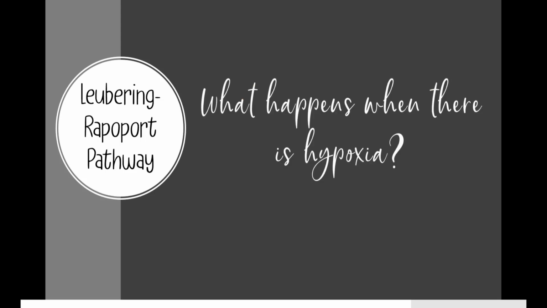Now, what happens when there is hypoxia? Hypoxia occurs when there is decreased oxygen tension in the tissues. The decreased oxygen in the tissue, of course, means that there is increased oxygen need. When there is increased oxygen need, RBCs have to double their effort in terms of oxygen delivery. So, as a compensation, your RBCs should be able to deliver more and more oxygen at a faster rate than